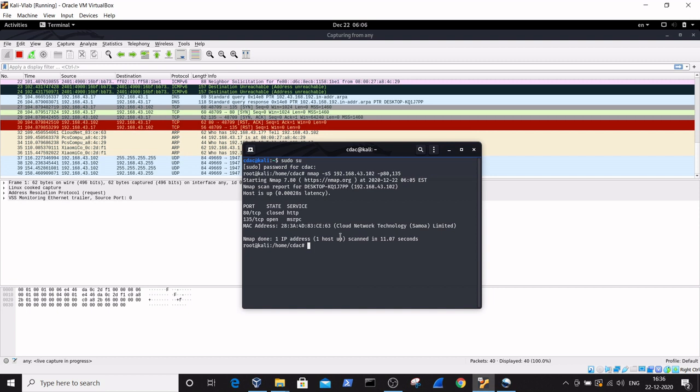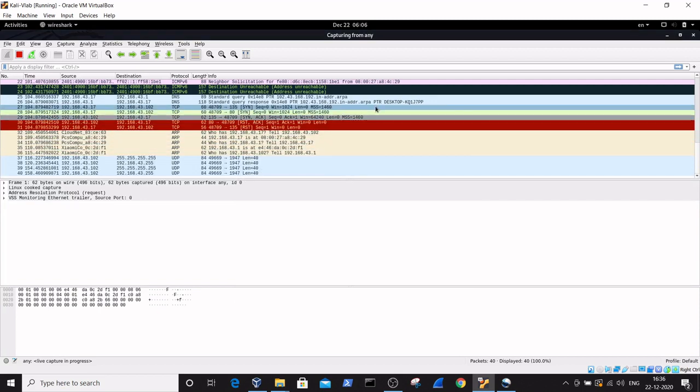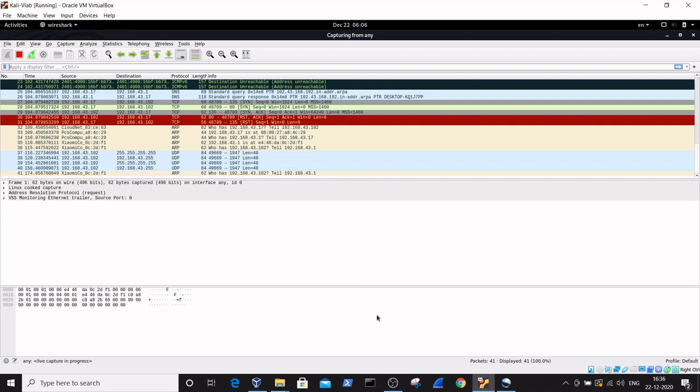Let us see what packets are captured when this command is used. You can see here the various packets that are captured in the network analyzer tool while applying the Nmap SYN scan command.